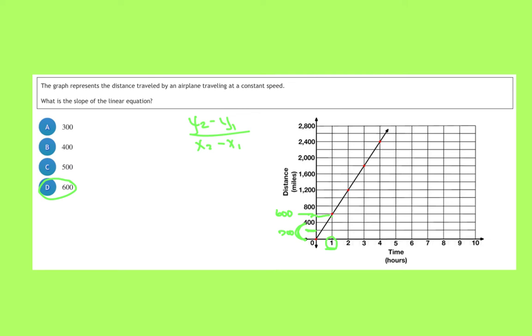But let me tell you that the points that you choose don't matter as long as you keep the order, because the slope is consistent throughout the entire line. So let's suppose we chose the 2 and the 1200